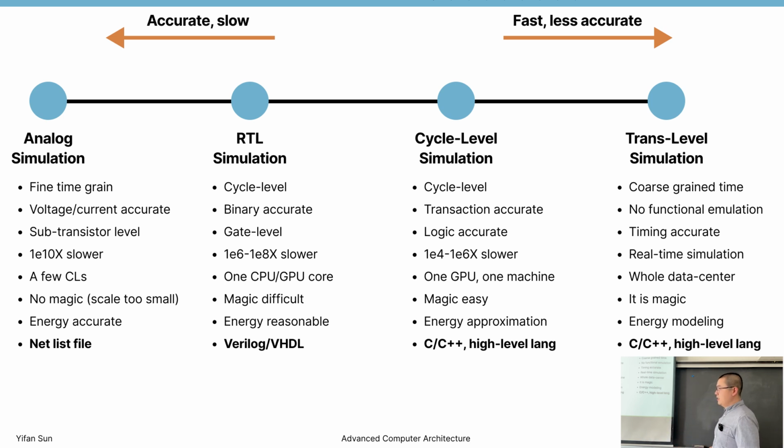That basically means energy can translate to performance. So analog simulation is generally considered energy accurate, right? And gate RTL level simulation is typically considered to give a good, reasonable estimation of energy. So when you consider energy, it typically